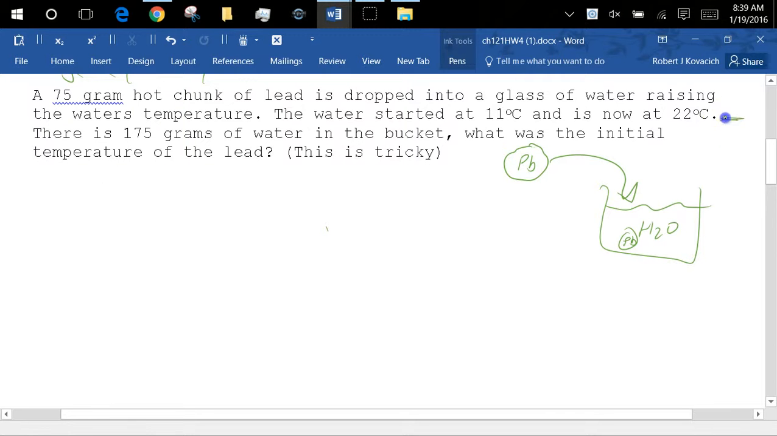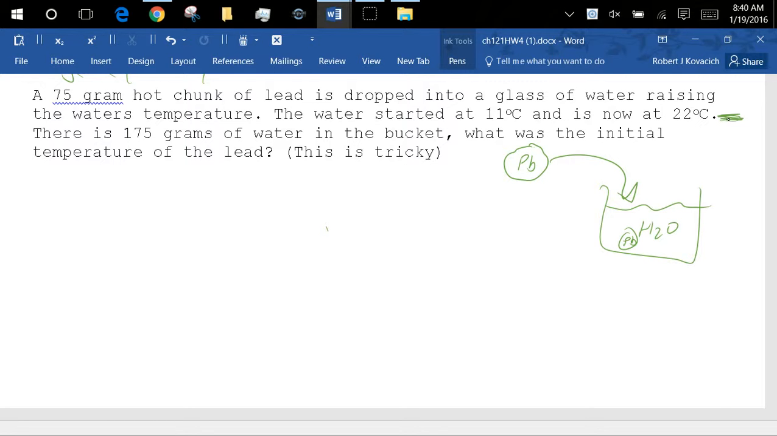This 22, what is this a measure of? Temperature. Whose temperature? The water, and the lead. The water heated up and stopped heating up at 22 degrees because the lead's temperature was high and it stopped falling when it hit 22 degrees. So I also know the lead's final temperature, which I'm definitely going to need so I can